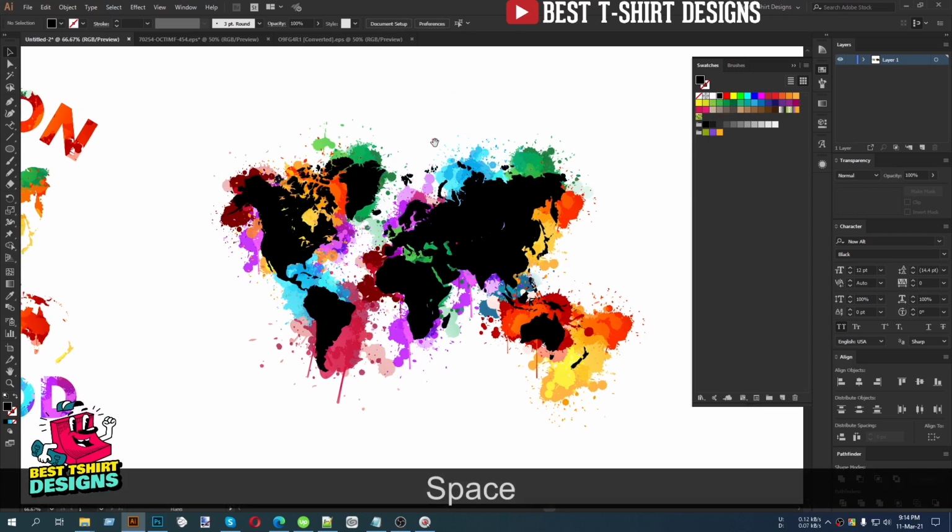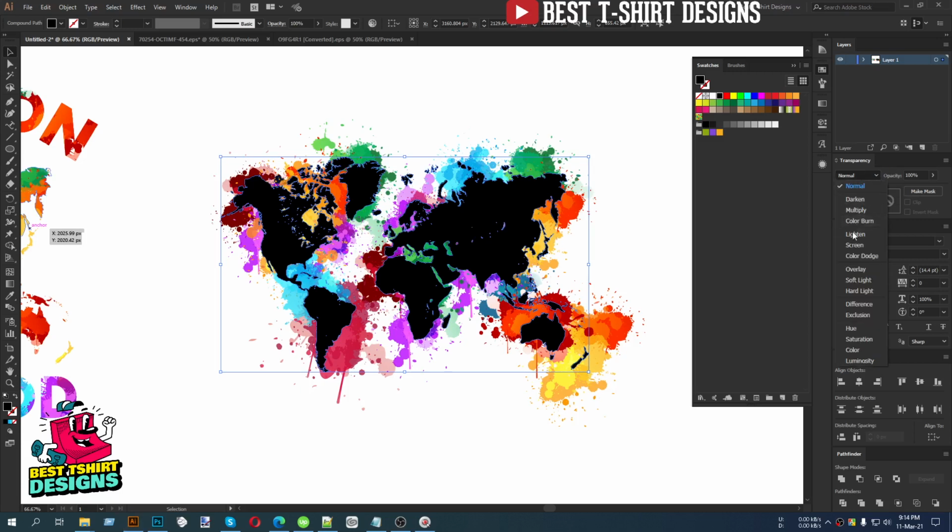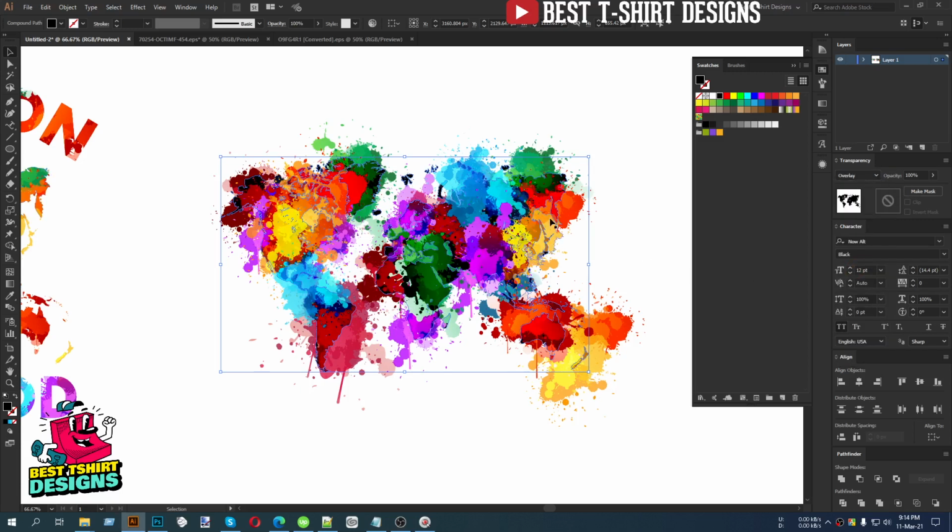So you can place any text on top of any background like this. Make a watercolor background first, then place your image or your text on top of it. Then you can select that image or that graphic, then play with the blending mode. Here in the Transparency panel, you will find them, like I can make it something like Overlay.